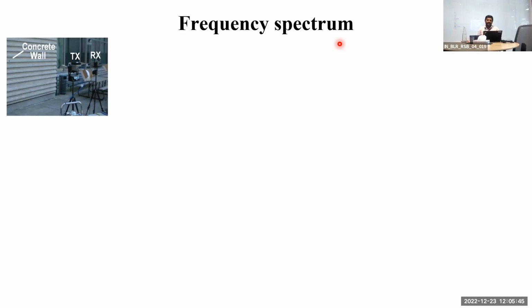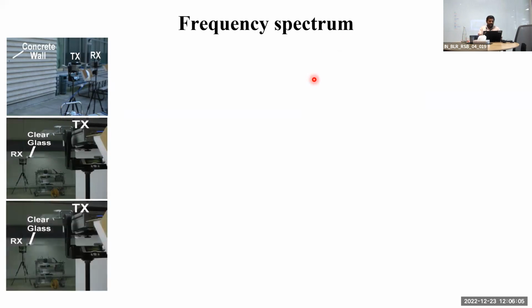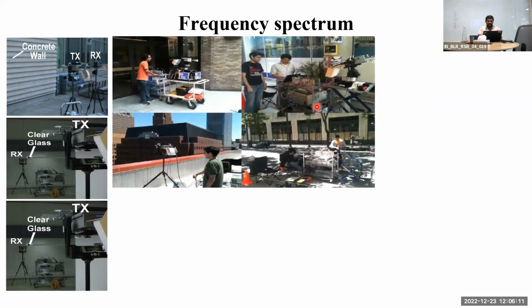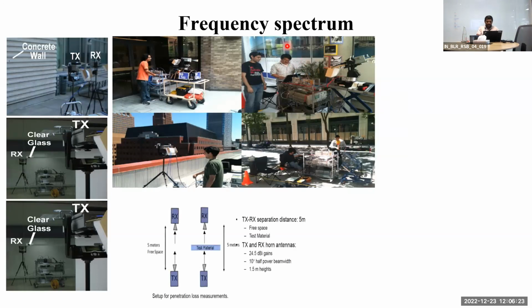Yes, sir. So the frequencies are decided based on huge measurements. It's not randomly picked. For example, 900 megahertz or 800 megahertz, there are huge measurement efforts behind each frequency band selection. They take a concrete wall and glass, and various scenarios: buildings, urban, semi-urban, rural, and also forest areas. Theodore Rappaport is the one who used to do these kinds of measurements.